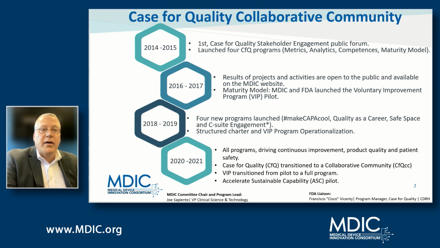We then get into continuously developing more and more programs, and you'll see that in the 2018 timeframe, while we sunsetted a couple of programs, we actually launched 4 additional work streams. One of which we're going to talk today about is the leadership engagement, or what was previously called C-suite engagement. And now we're in a phase in the 2021 timeframe where we've seen a couple of things. We've seen the transformation of Case for Quality into a collaborative community back in November of 2020. And we've also seen the transition of the VIP pilot into a full program, which really gives us the staying power